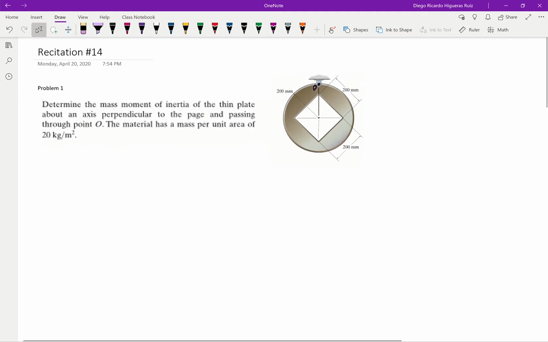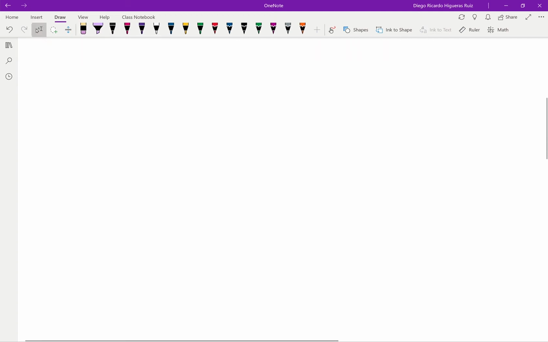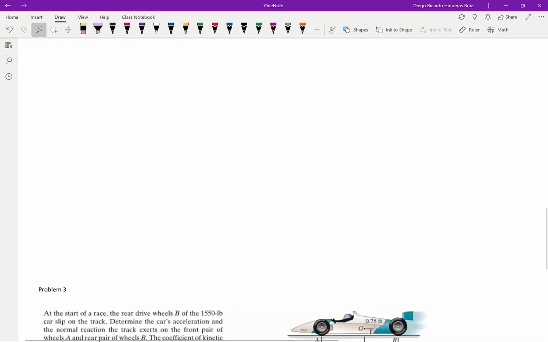We're gonna keep working on our dynamics recitation class, and what we are gonna be doing today is calculating the mass moment of inertia for this first problem. That's gonna happen for this first problem, where we calculate the mass moment of inertia of this given geometry. But for the next two problems, we're gonna apply